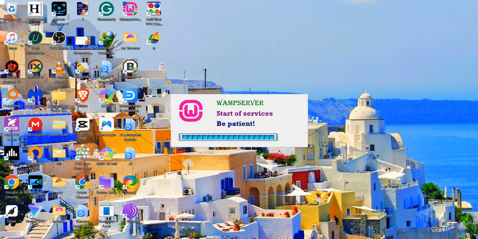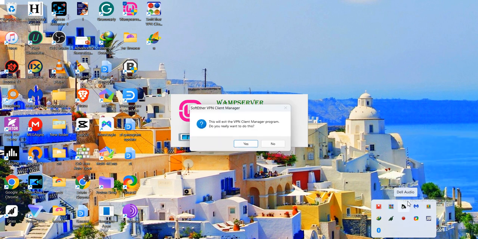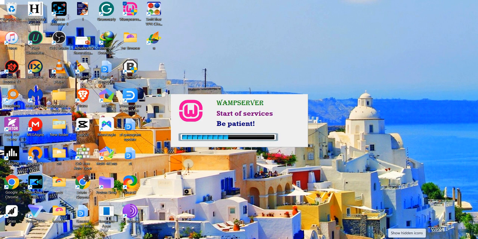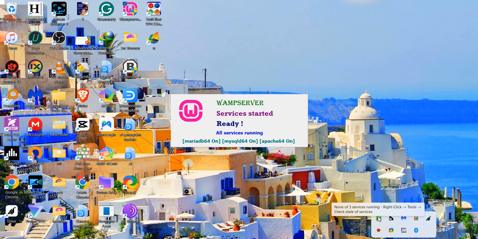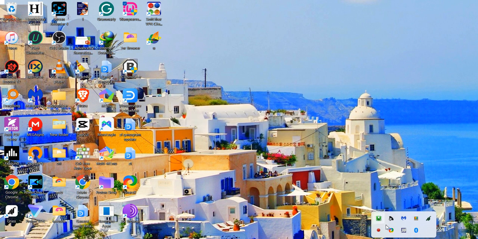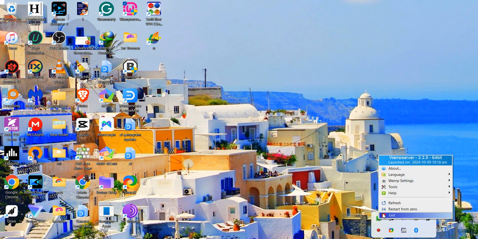Should run, and once it's done, it should come somewhere here. Let me just close a couple of these. I don't need them. As you can see right now, it's red. It should change from red to green if you followed the steps correctly. At the moment it's orange, but it's because all the services now are running. That's why it will be green. So we're going to right click on it,